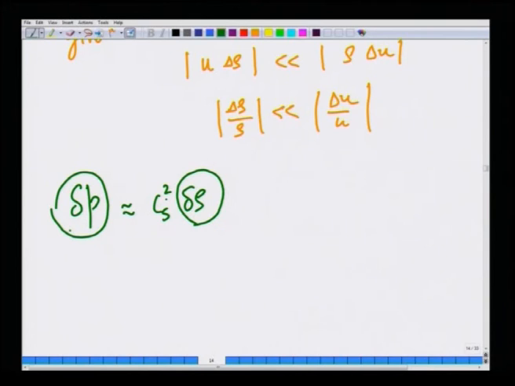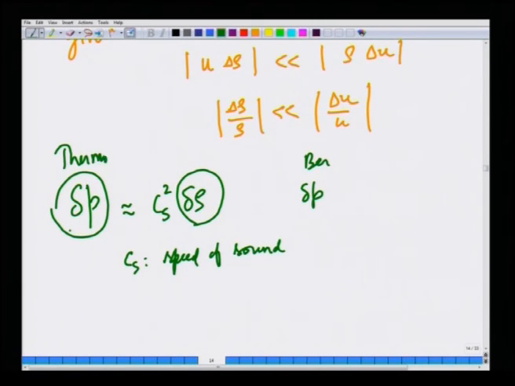Okay. So, for example, if you have a pressure difference, the density difference is given by del P by Cs squared, where Cs is the speed of sound. This is the speed at which pressure waves travel in a fluid. Okay. Now, from the Bernoulli equation,